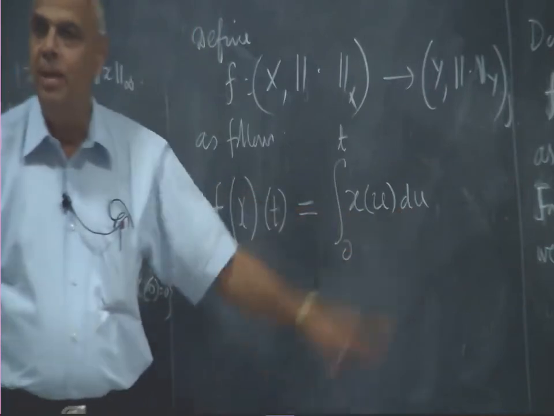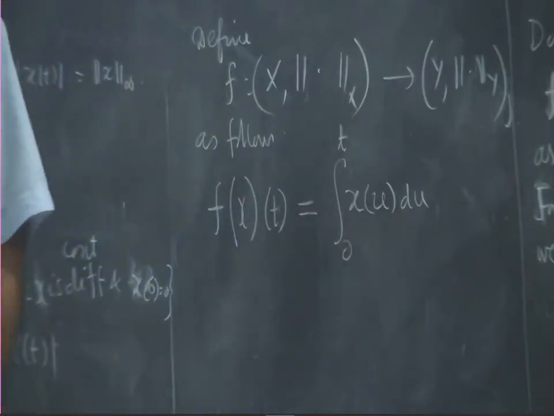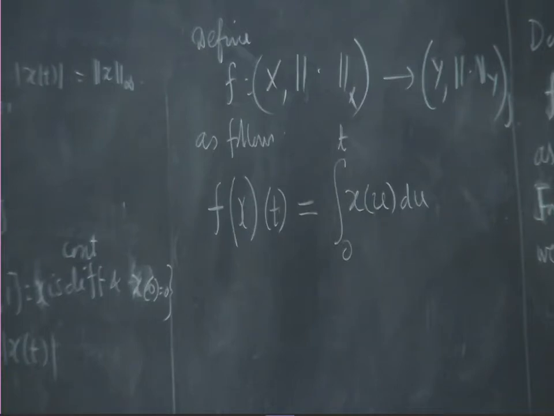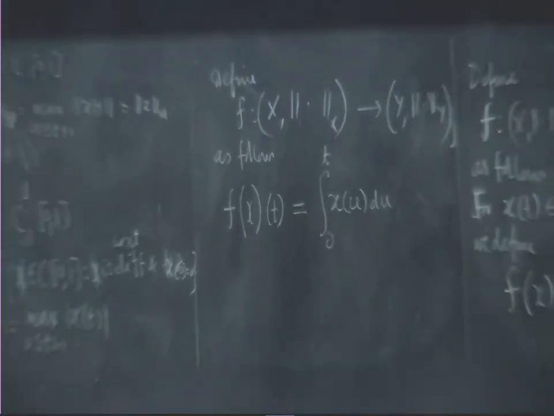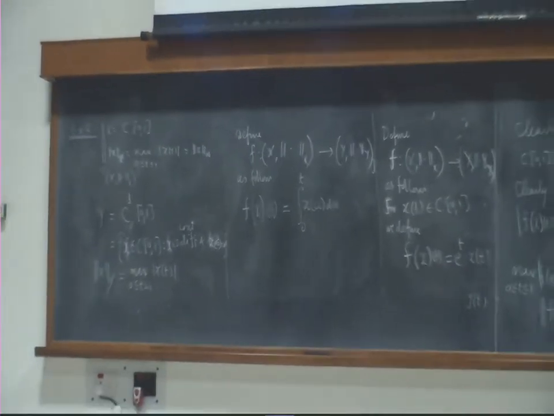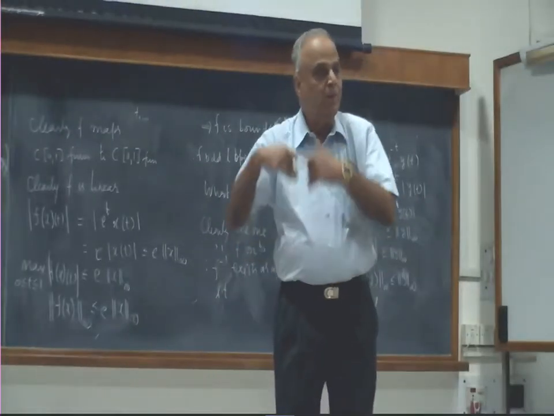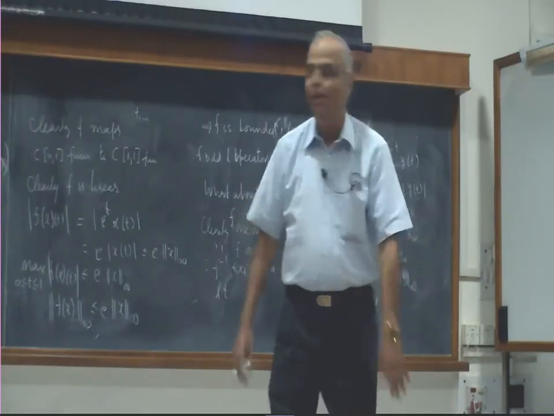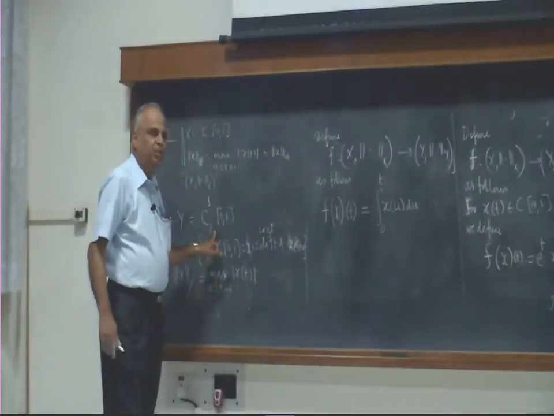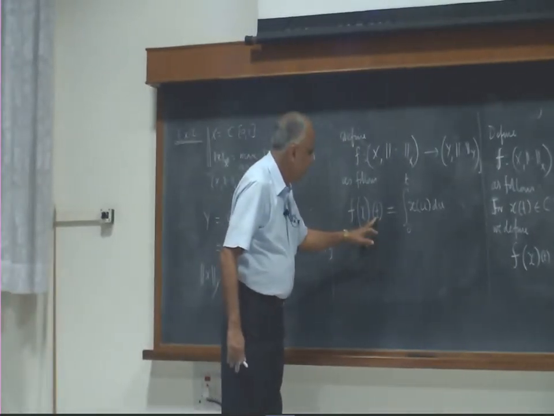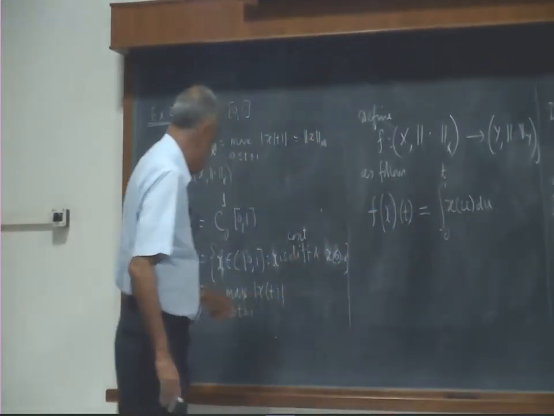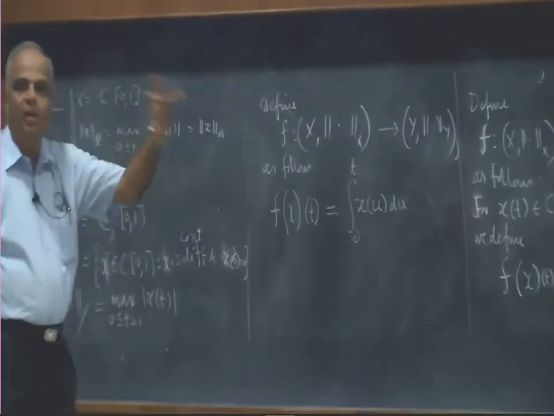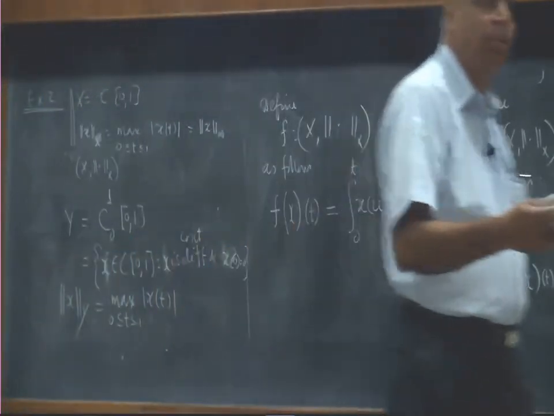First of all, does it make sense? x is a continuous function, therefore the integral is well defined, no problem. For continuous functions, the indefinite integral is well defined, and the indefinite integral is much smoother. Integration is a smoothening process. You started off with a continuous function and you integrate it, the indefinite integral will be differentiable. So this definitely takes continuous functions to differentiable functions, and the function at the point t equal to 0 will be precisely 0, and that is the condition I want. The function must be in the y space, so therefore it must be 0 at 0.